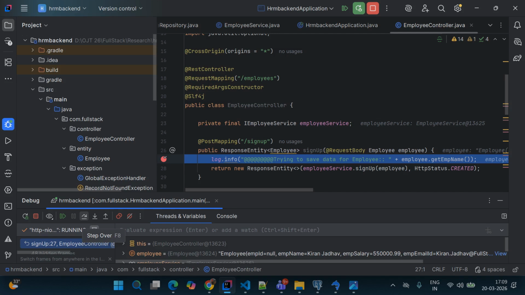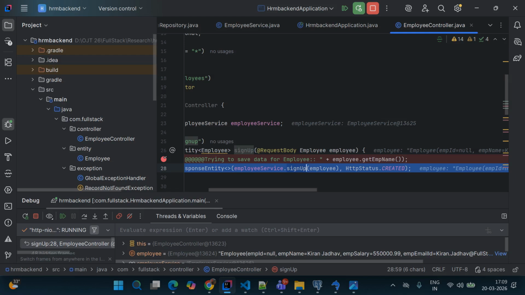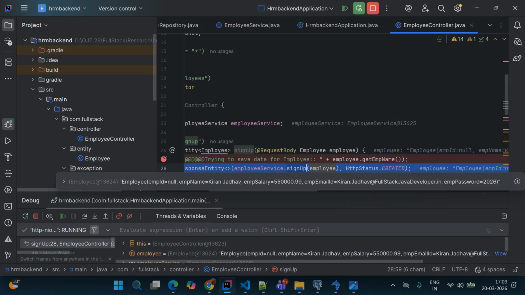This is the shortcut key available there. Click on that. See, we come to the next line, and in the next line we are calling which function? We are calling the service sign up function here, right? And again the employee is passed as the input here. Then see, if the ID is not available or any data is missing there,